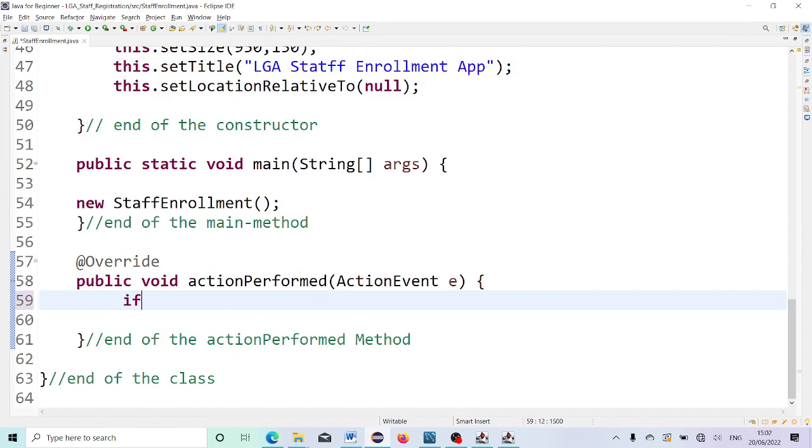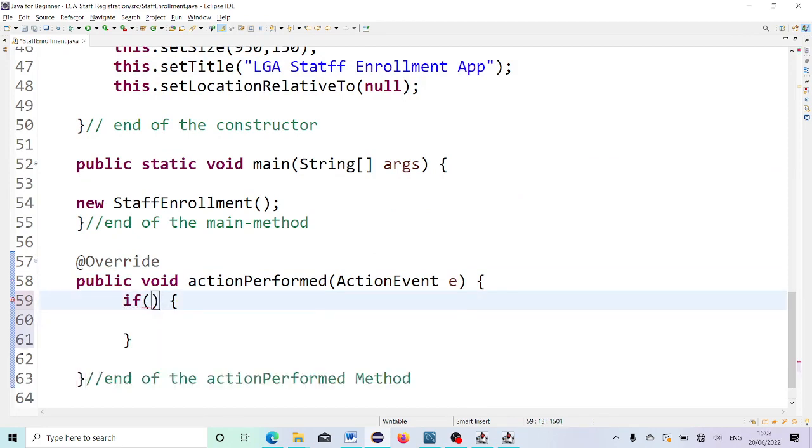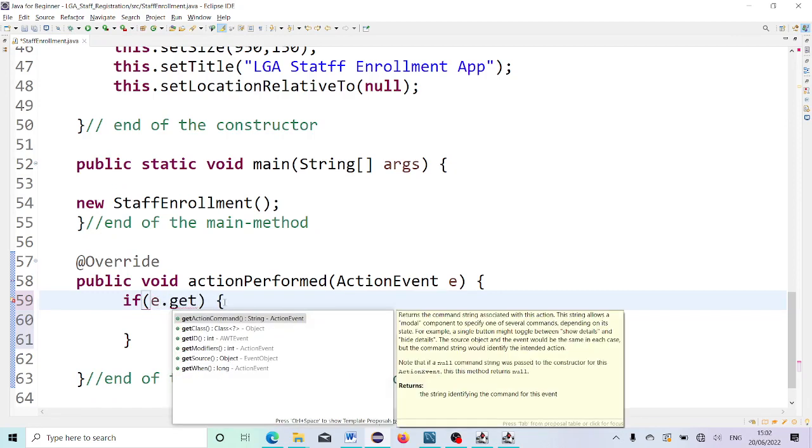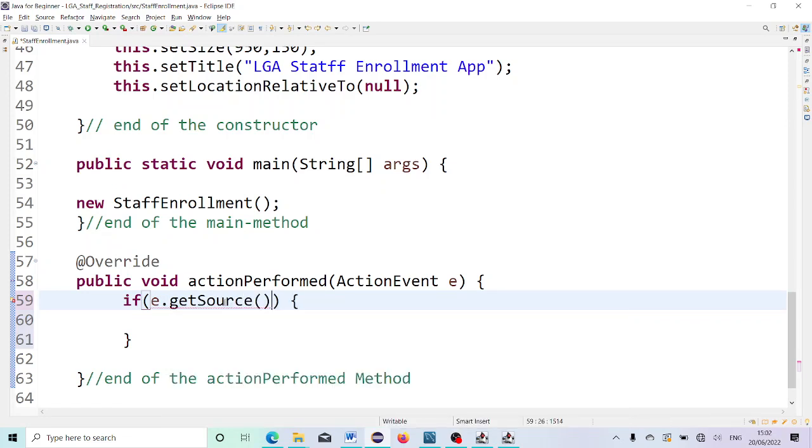You introduce your control structure because we have more than one button. You now say if e.getSource, so we're implementing via getSource. There's another way you implement via inner class. Actually, if you have a very large amount of code, you're supposed to use inner class, not getSource. If this is logically equal to btn close,